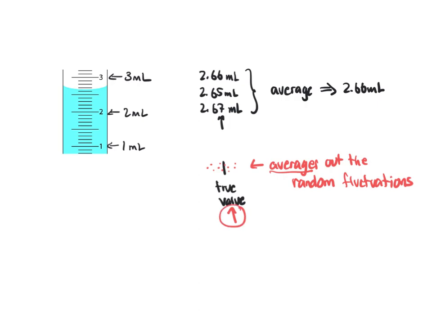I can represent how precise my measurement is, what the precision of this measurement is, by looking at the spread in my values. So how far is the furthest value away and to the negative side, and how far to the positive side are my values? How spread out are they? So this spread in the values tells me about the precision.